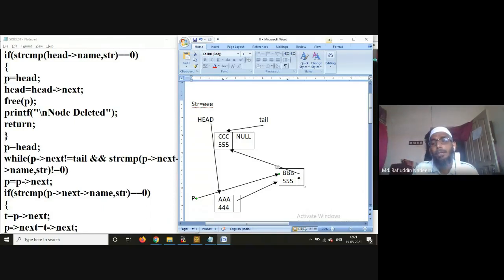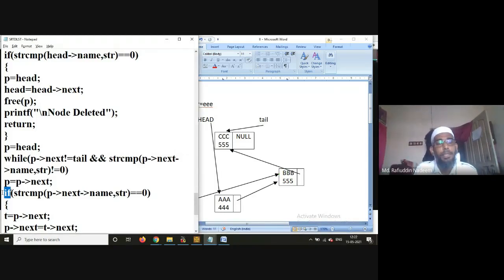P next not equal to tail is false. Actually P next contains the address of the tail here. Because it contains the address of tail, it is going to stop here, because two conditions need to be satisfied. If one of the conditions fails, then the entire condition is false. Now it comes to this statement.